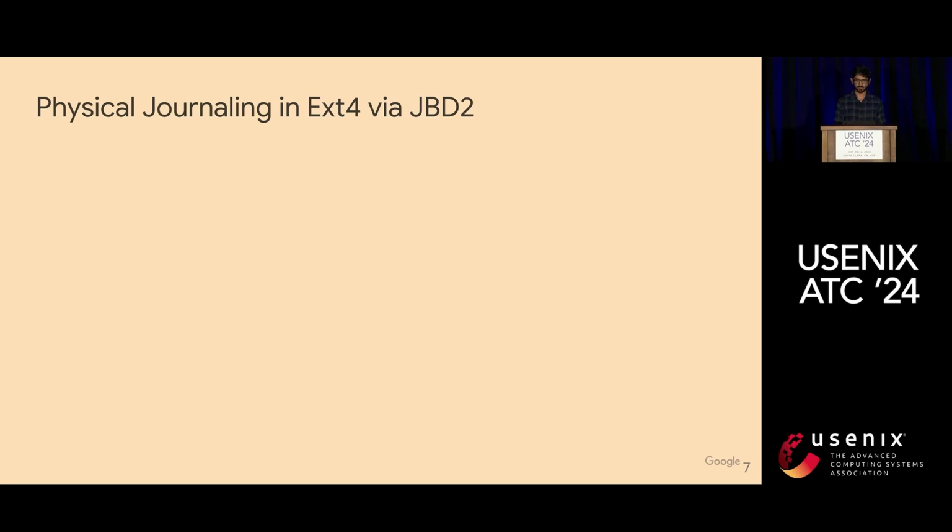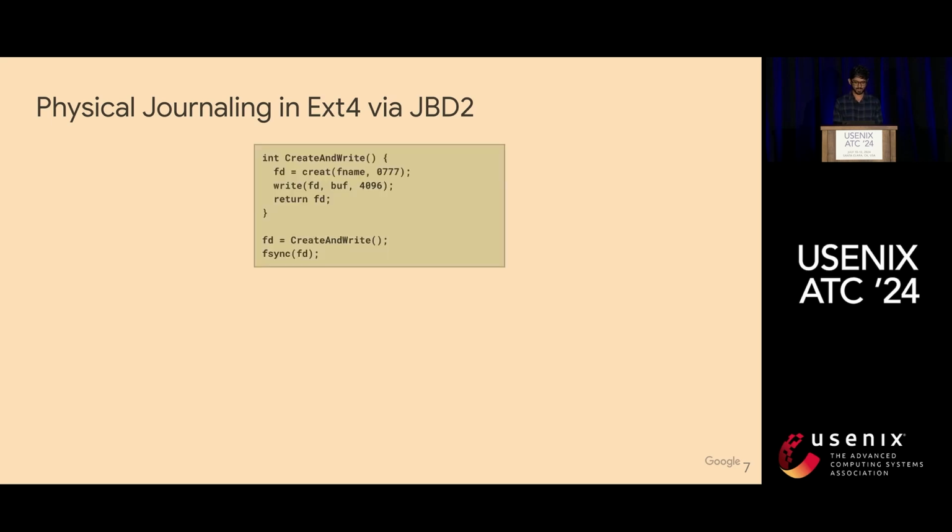ext4, which is the default file system in many Linux distributions such as Debian and Ubuntu, is one of the most widely used file systems today. It uses journaling by JBD2. JBD2 stands for Journaling Block Device, which is a journaling subsystem in the Linux kernel. It's a physical journal. Now let's consider this simple program, which is creating a file, writing 4K bytes to it,